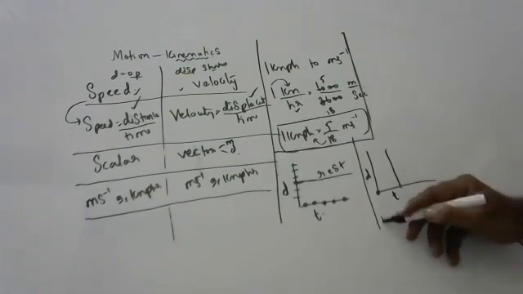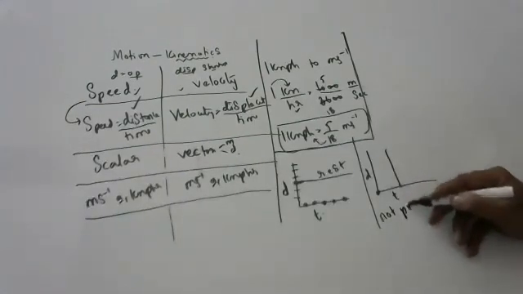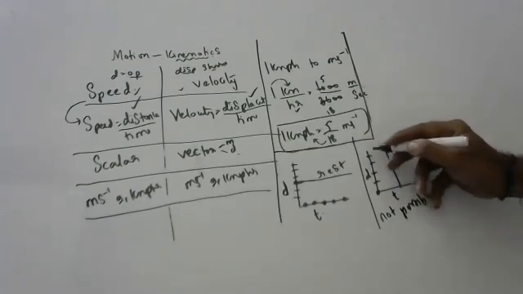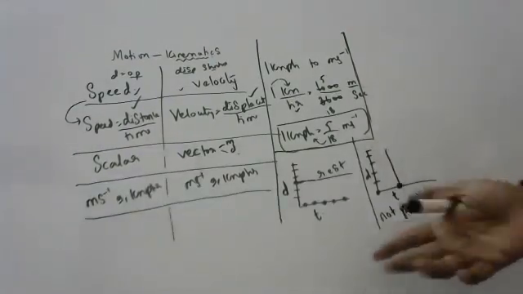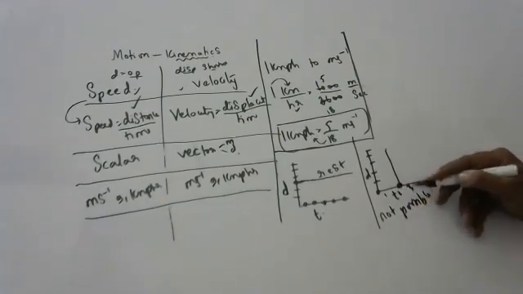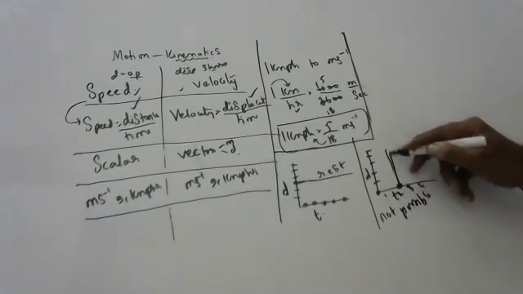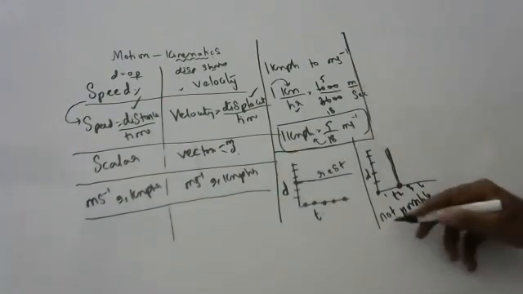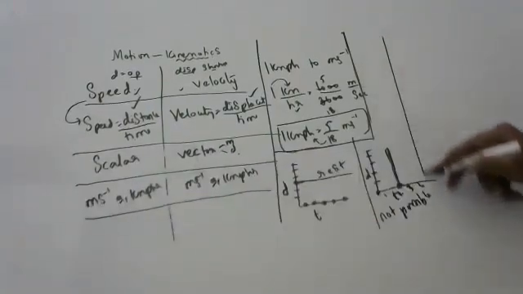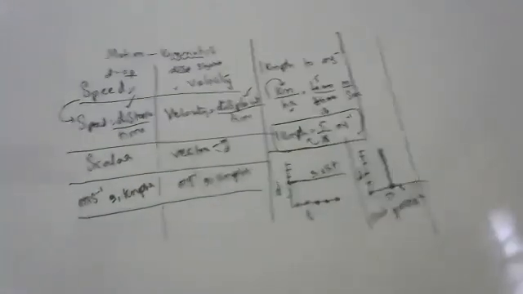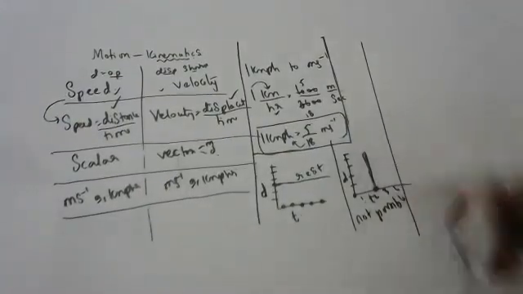This graph is not possible on the Earth. Why not possible? It means distance is changing, but time is the same. How can time remain constant, children? It will be 1 second, 2 seconds, 3 seconds, 4 seconds. Time is the same, distance is changing. How is it possible? I thought anyone will say, but no one is concentrating. So this graph is not possible, children.